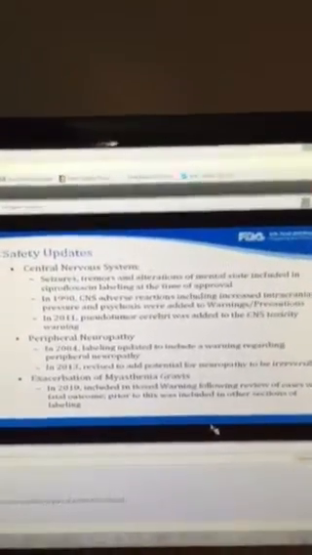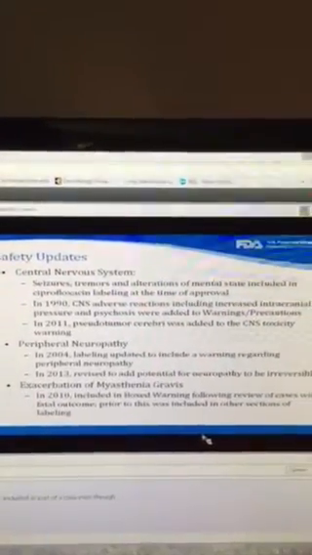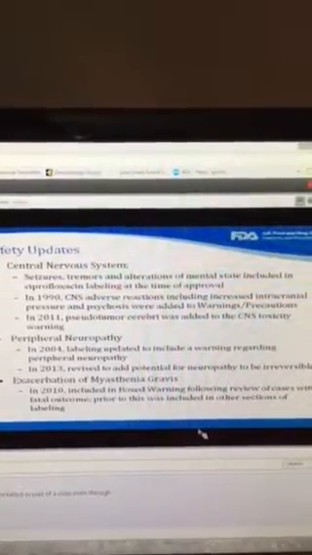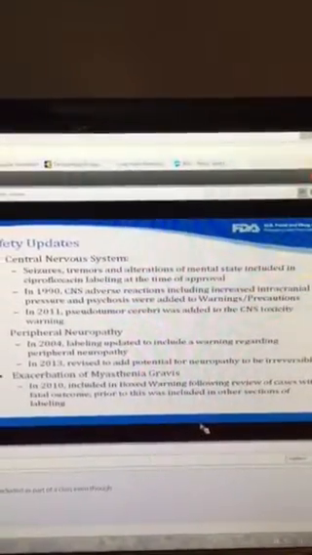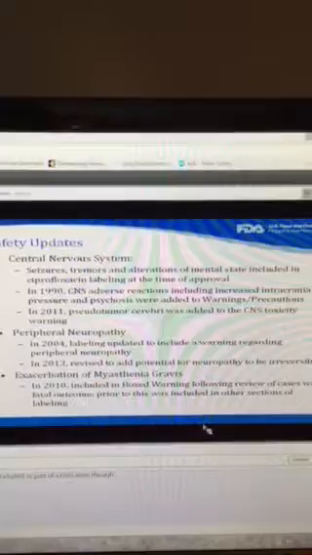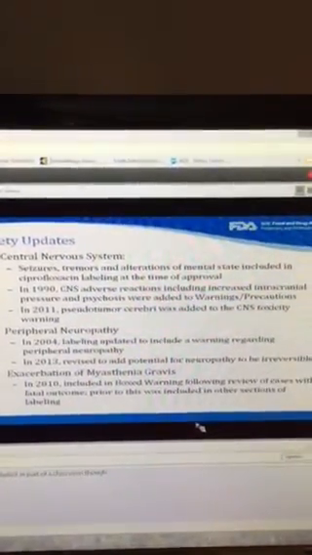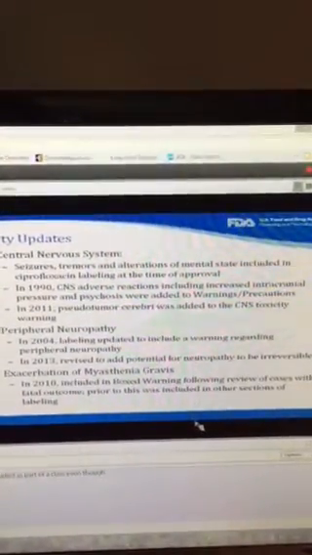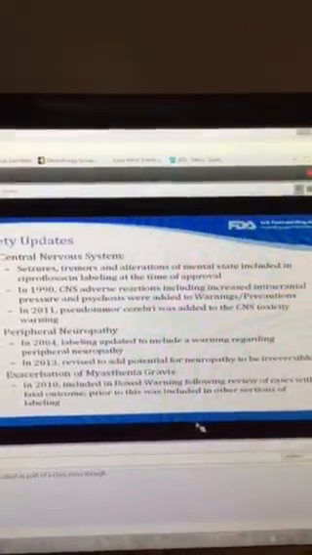Again, from the very beginning, labeling for some of the fluoroquinolones have included the potential for central nervous system adverse reactions, and the most recent update was in 2011 when pseudotumor cerebri was added. In 2004, the labeling for the fluoroquinolones was updated to include